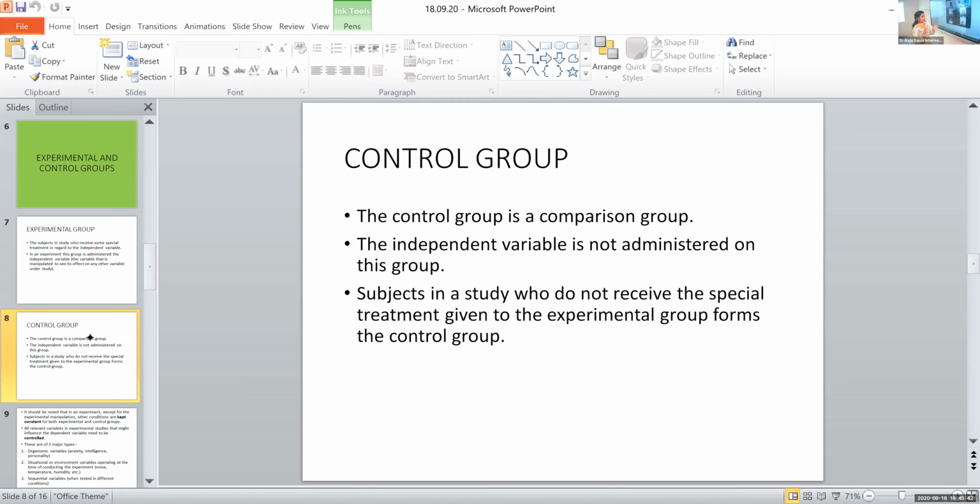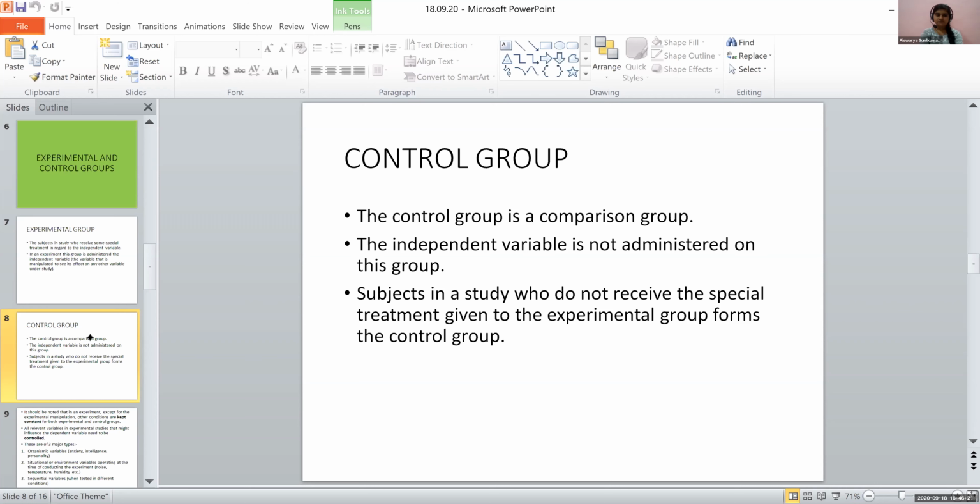We have placed them in a room similar to the one placed for the experimental group. But the difference between the two groups is, here they have received the music therapy, but here they didn't receive the music therapy. Understood? So the researcher can be sure that the effect that we got, or the relaxation that the patients got, is just because of the music therapy that he or she provided. That is why we have experimental and control groups for comparison purposes. Understood? Somewhat understood?